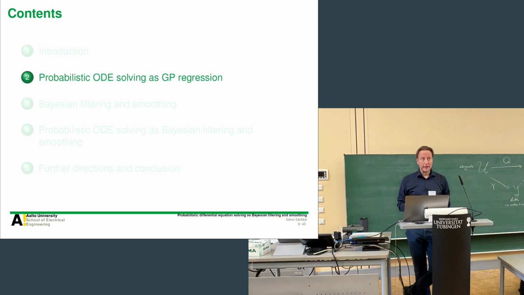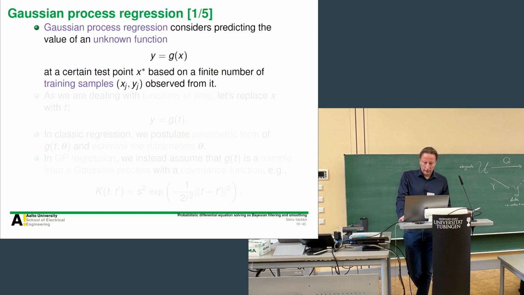But that's the general idea. So then more details. So let's see how we actually did. Let's set a notation at least and recall how the Gaussian process regression works, because